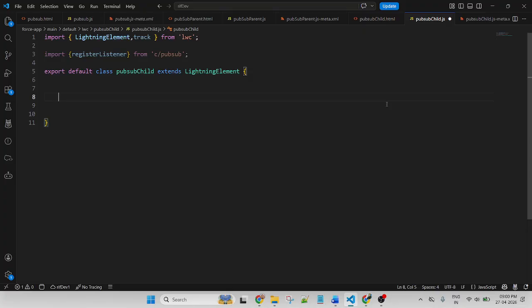Because whenever this component loads on the browser, this registered listener is called automatically. I want to call this registerListener whenever this component is called in the browser, so it will execute automatically. So inside the connectedCallback, I will use this registerListener.